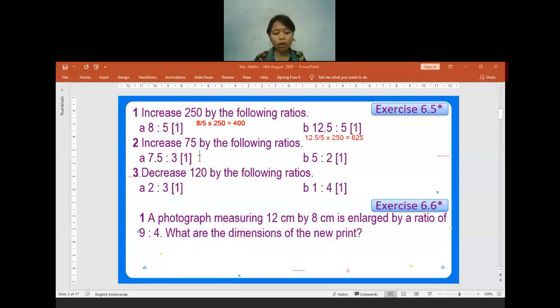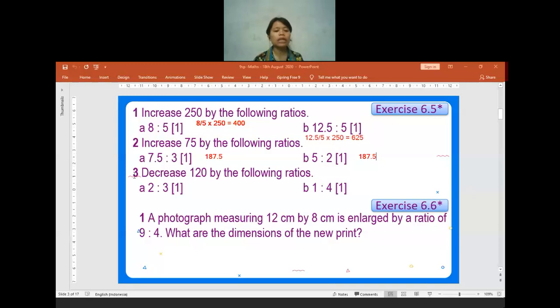Okay, is there anyone who is confused or got a different answer or is confused about getting 187.5? Is there anyone who is confused? Okay, if no one has any confusion, for question B, when the ratio is 5 to 2, how much? 187.5. Yeah, 187.5. Actually, they have the same ratio, only different numbers. The first one is given as a decimal. The second one is already a whole number.